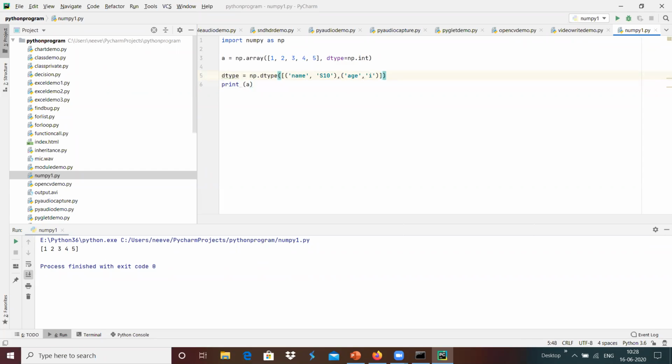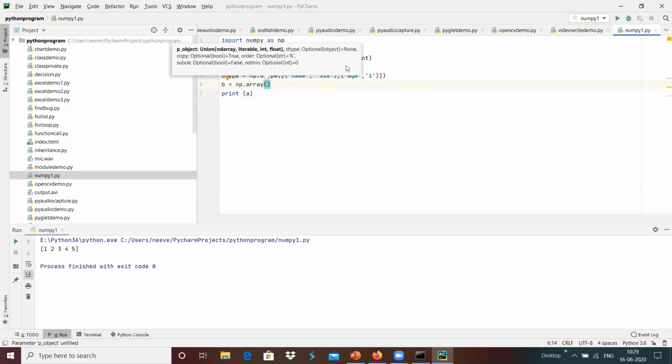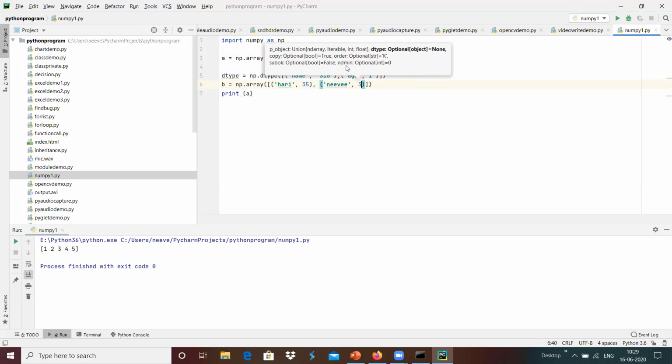Yes, this provides an integer. If we wanted to define an array with that data type, I'm going to define array b equals np dot array, with the objects starting with Hari, 35, then Navy, 32, and then Raju, 45.